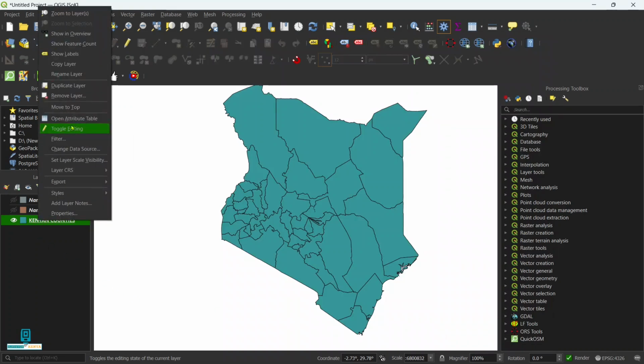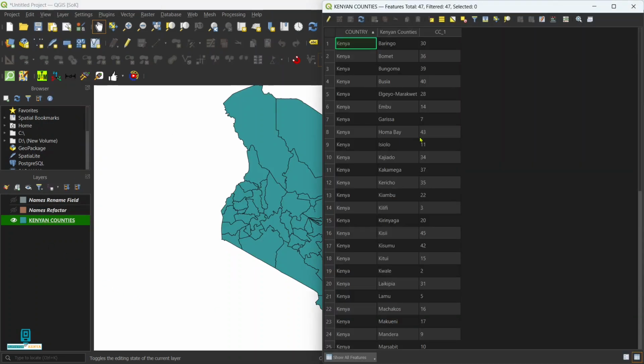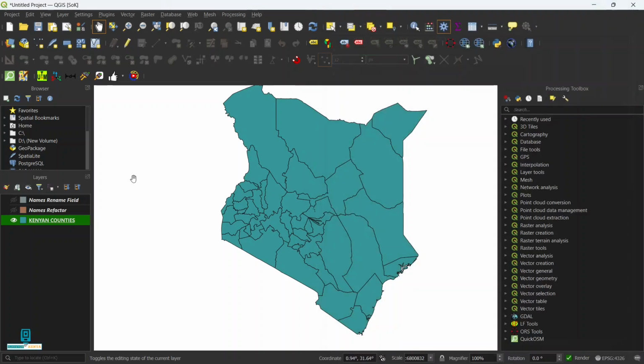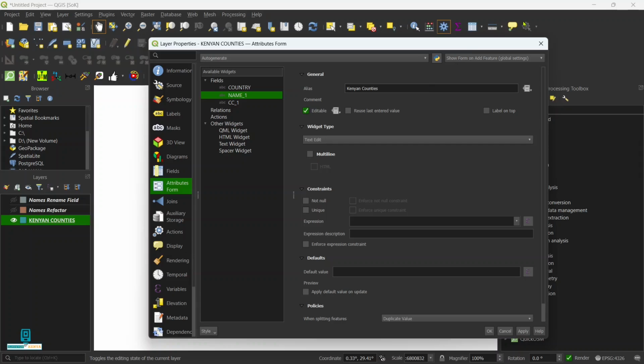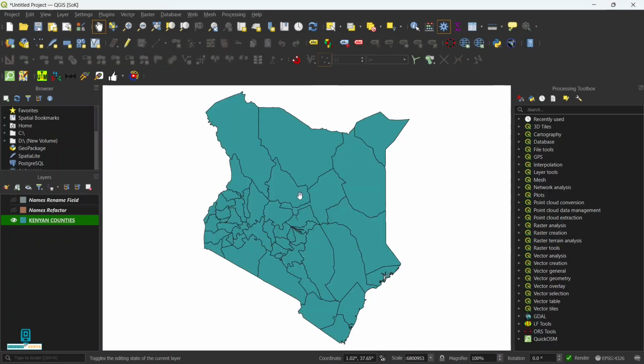Open attribute table. And now the change, which is a temporary change, if I close this file and open it again, the name Kenyan counties will not appear. And that is added using the alias tab, which is found under properties, attributes form, name 1. The fourth way to rename column headings or fields in QGIS is the Save Feature As